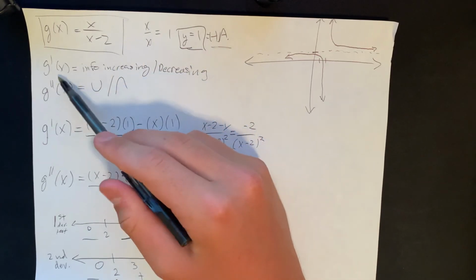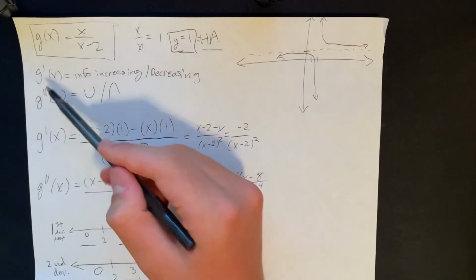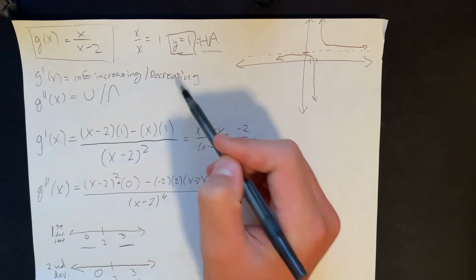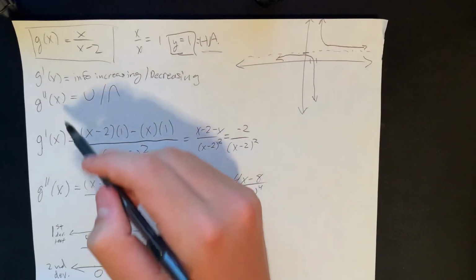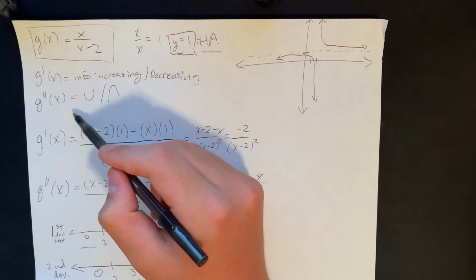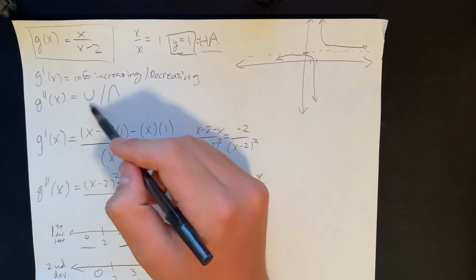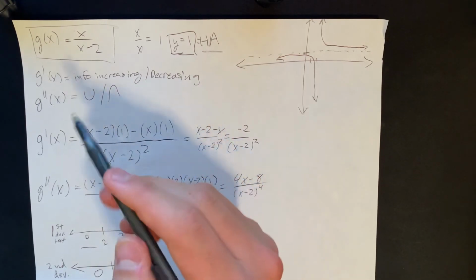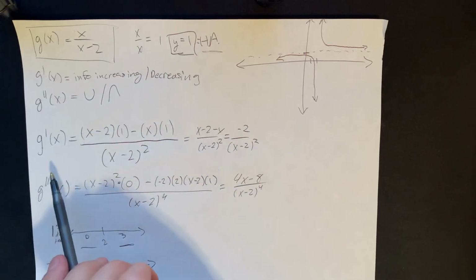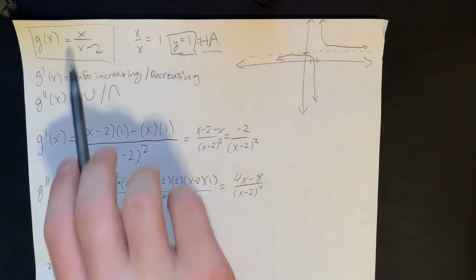And then from this, the derivative, which allows us to curve sketch, gives us info on increasing and decreasing, so we can figure out if the graph's going up or down. And this will determine, when we take the second derivative test, if it's concave up or concave down. And from g prime, we solve, and we have to use the quotient rule